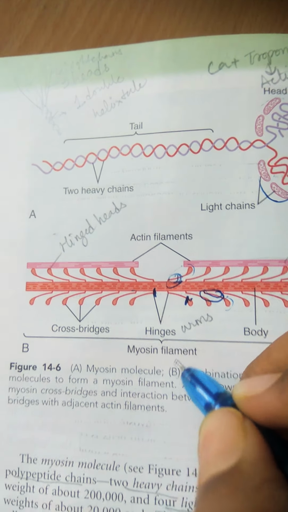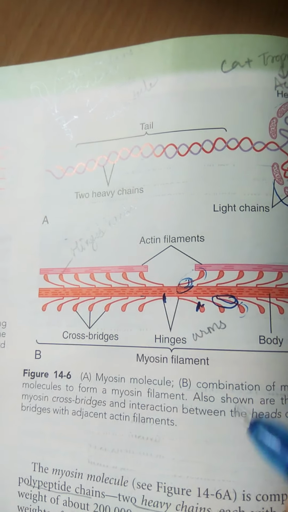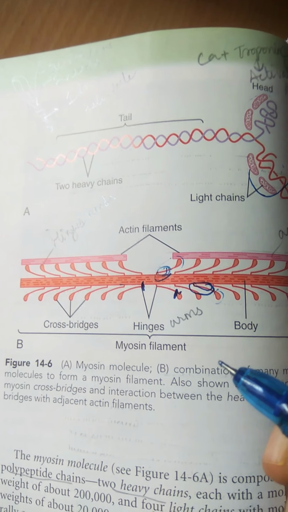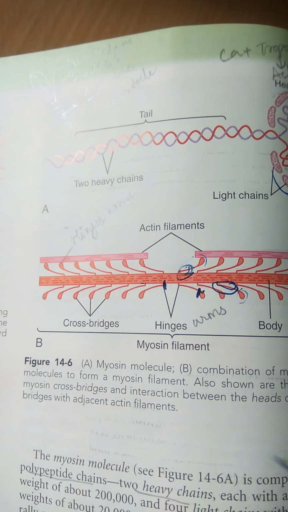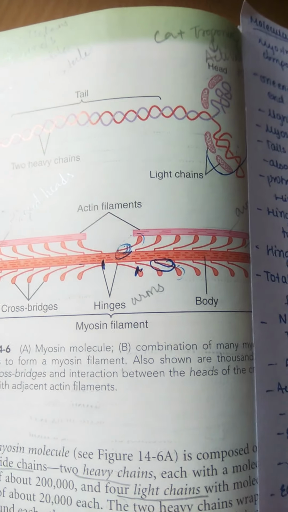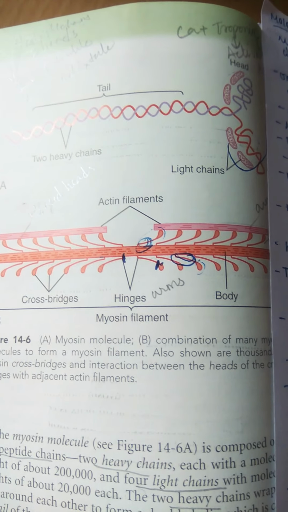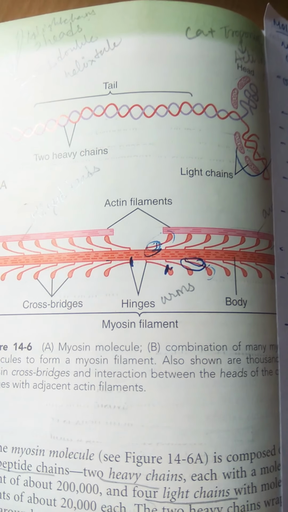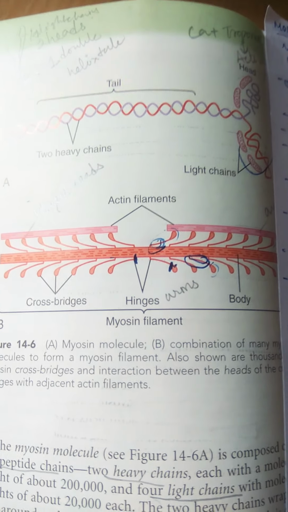So these are the inches which are present, and the hinged arms allow the head to extend far outward from the body of the myosin filament or be brought close to the body. The hinged heads in turn participate in the actual contraction process. Remember that only the hinged heads can participate properly in an actual correct contraction process.